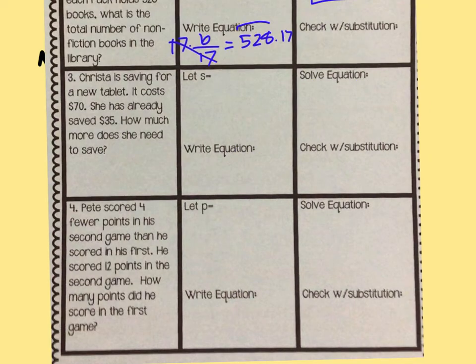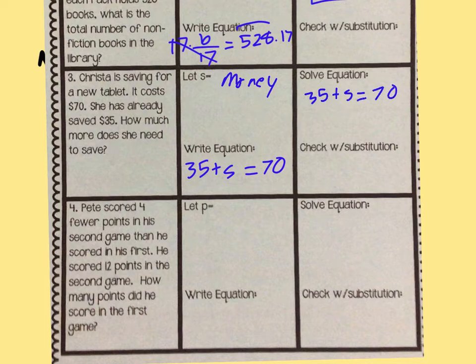Okay, so on this one, S is going to represent money that she needs to get. So we're going to put money. And our equation would be, well, we know that the tablet is $70. She has $35. So 35 plus S is going to give me 70. So if we're going to solve this equation, 35 plus S equals 70, we know that we have to subtract